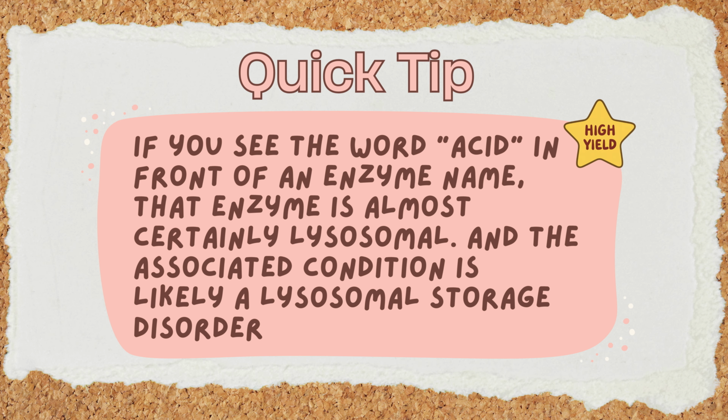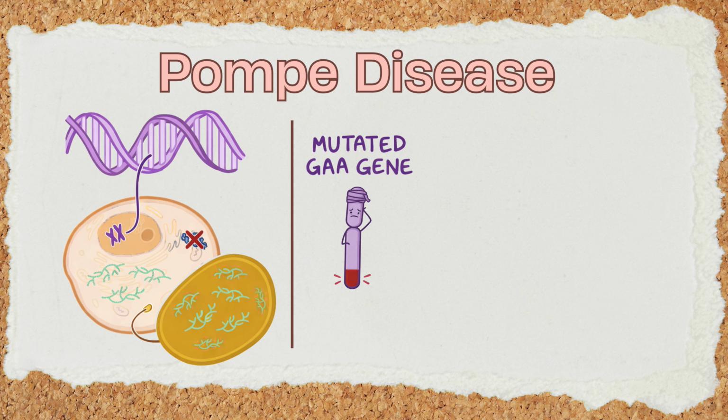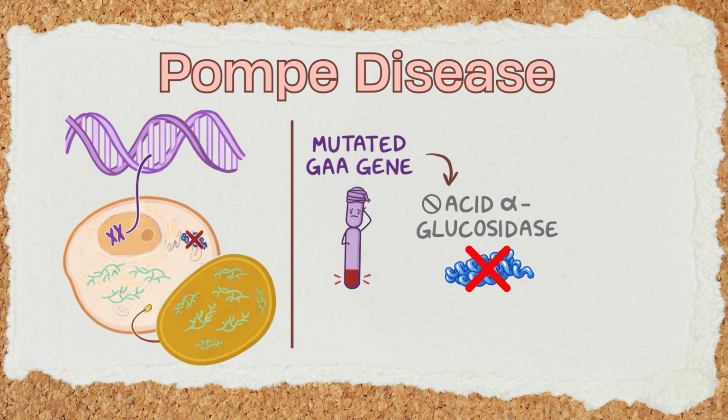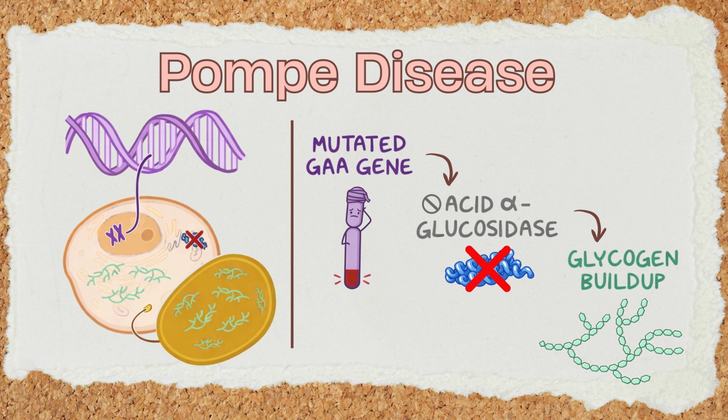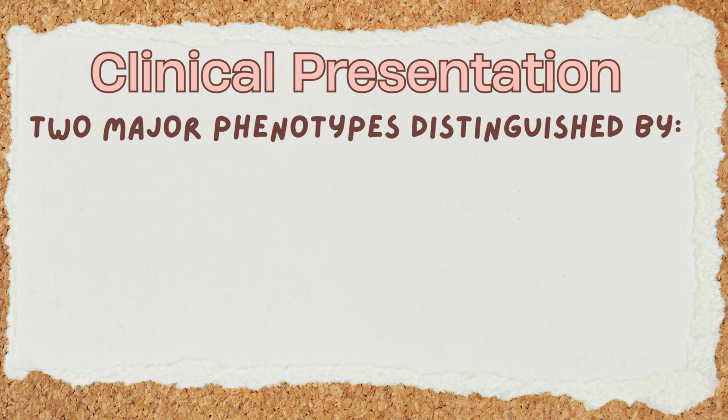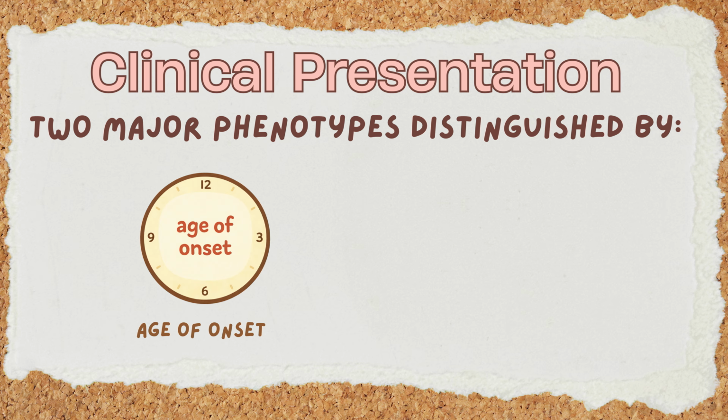A quick tip: if you see the word acid in front of an enzyme name, that enzyme is almost certainly lysosomal, and the associated condition is likely a lysosomal storage disorder. Now, a deficiency in acid alpha glucosidase leads to the intralysosomal accumulation of glycogen, primarily damaging cardiac and skeletal muscle tissues. Now, there are two major phenotypes you need to know, distinguished by the age of onset and the presence